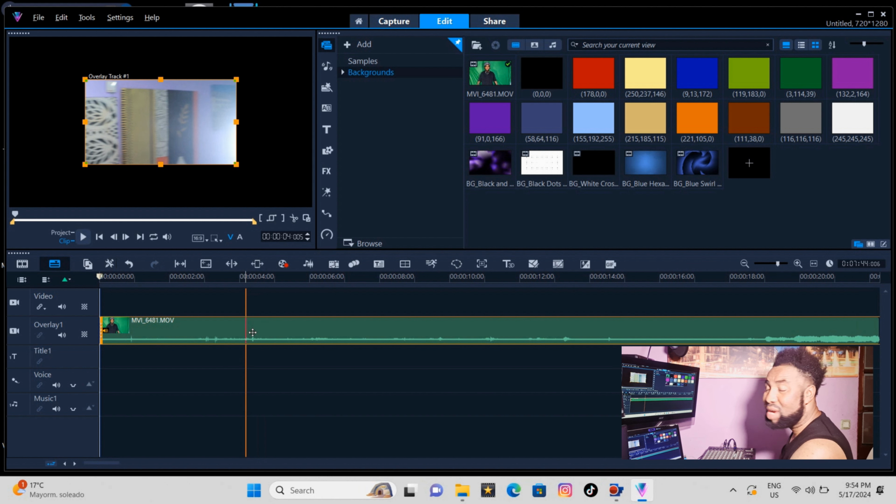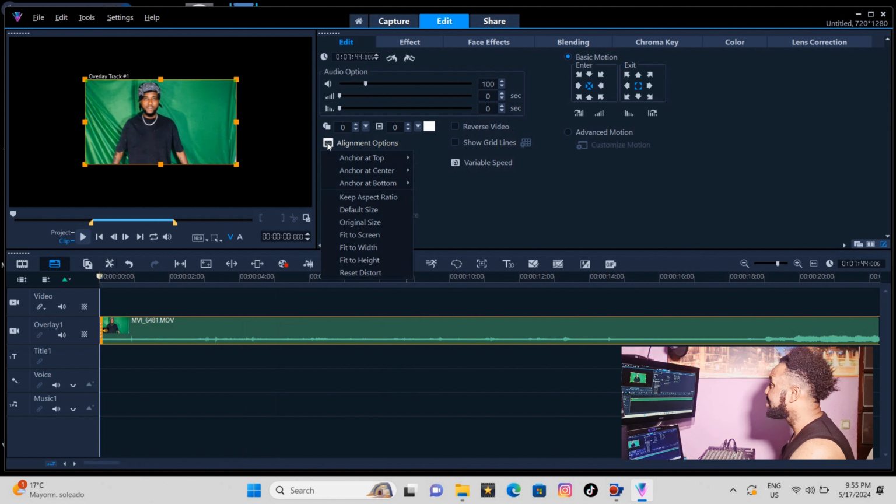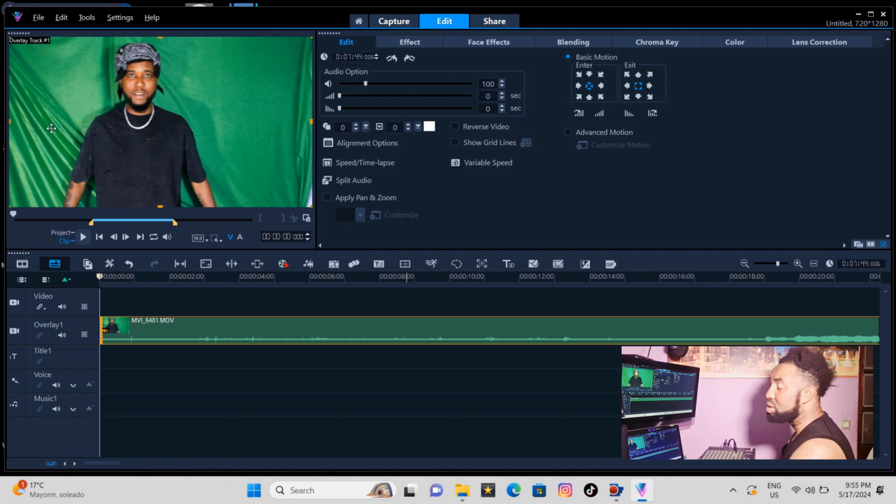Then the next thing you have to do is double click. You understand? You double click and it shows an agreement option, to agree about the size. So now what you need to do is click here, fit to screen. It's already fit to screen. Then the next thing you are going to do is look for a background that you are going to use for the experiment.